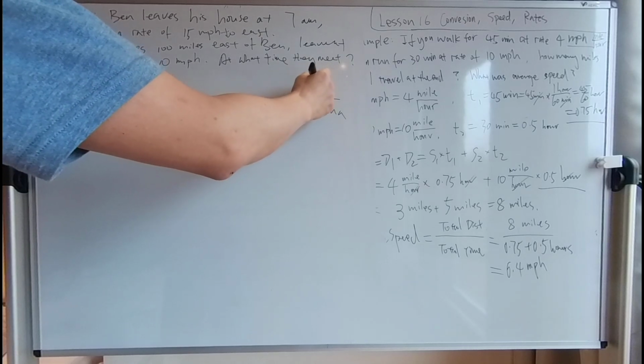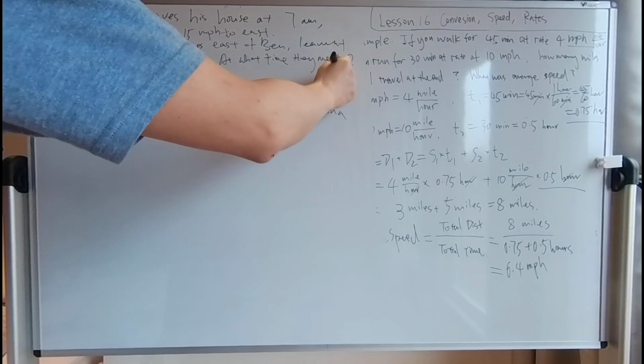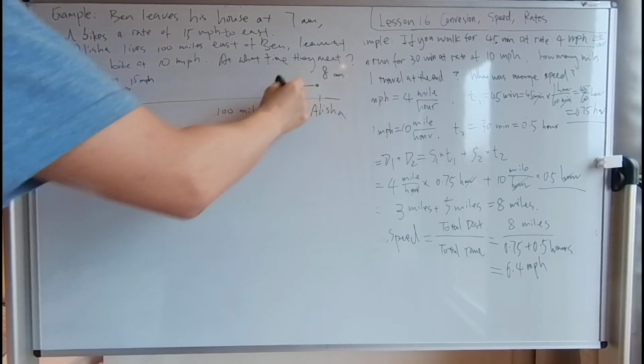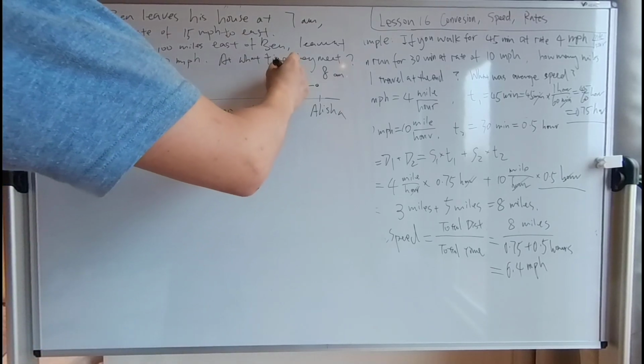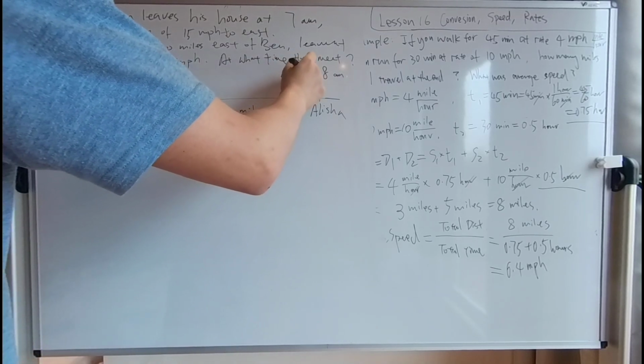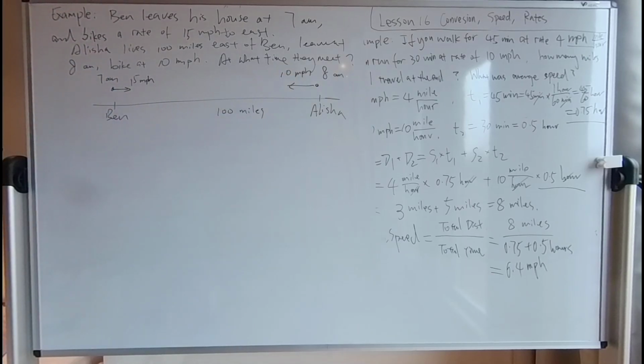And Alicia leaves at 8 a.m., traveling to the west with a speed of 10 miles per hour. And then at what time would Ben and Alicia meet somewhere in the middle of their houses,